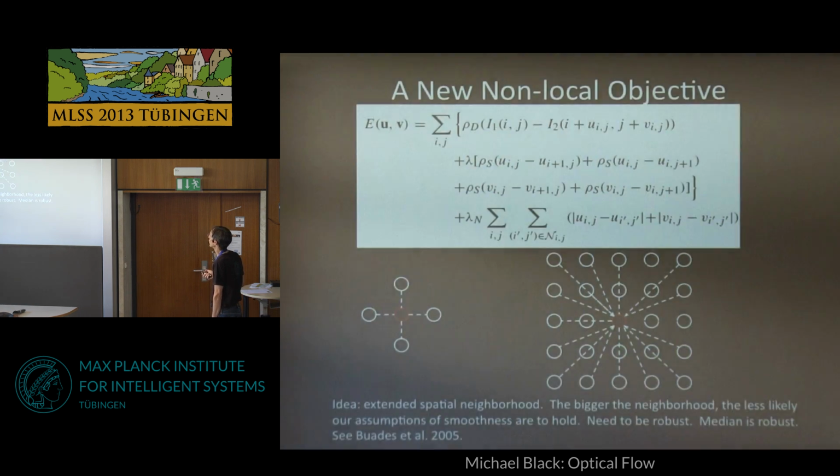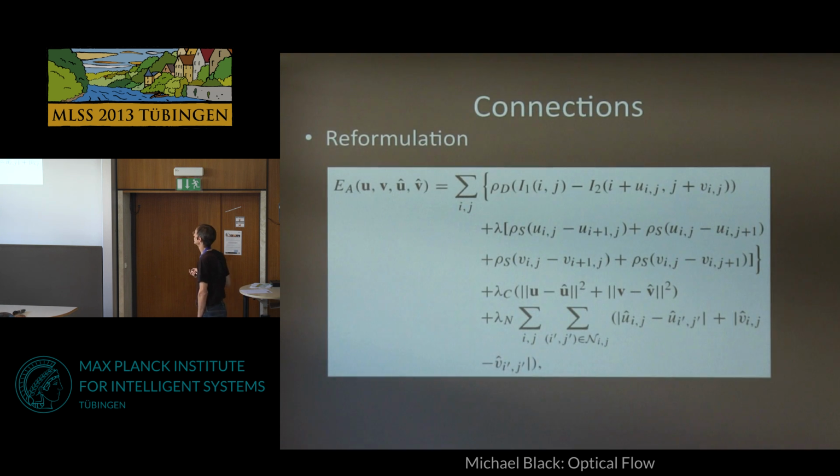Now, it turns out to be hard to optimize this thing. So what you can do is split it into 2 pieces and reformulate it so that we introduce an auxiliary optical flow field here that I'll put a little hat on. And with this little hat, we're computing a median, basically, over the optical flow. And then we're connecting, this is our optical flow equation we had before, and we're connecting them through this, it's like a spring penalty in some sense,